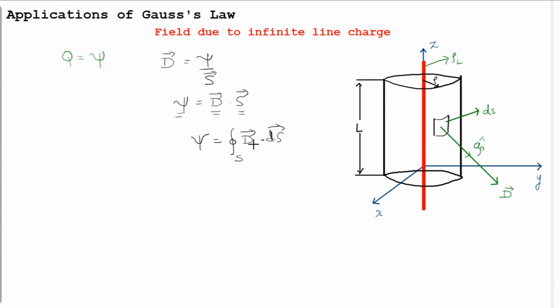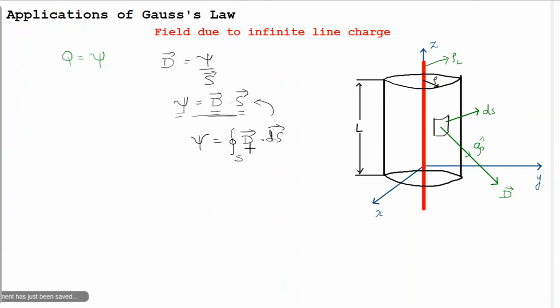Because if D is constant, I'll take it outside of the integral. Then this becomes D integral dS. Integral dS is nothing but S. Integral over the closed surface dS is nothing but S. So I get back this equation. That is in the case if I know how to evaluate dS. So if I know D and S, this is the equation for psi. If I don't know, I have to evaluate it over the closed surface. So here my closed surface is the cylinder. So I will evaluate D dot dS over the closed surface so that I'll get psi. I hope this is very clear.